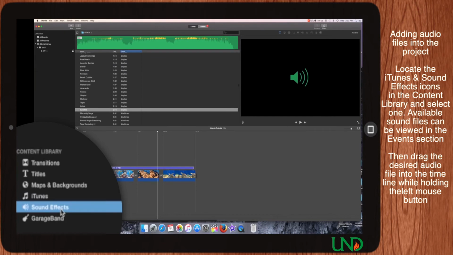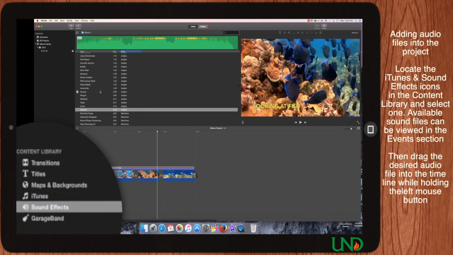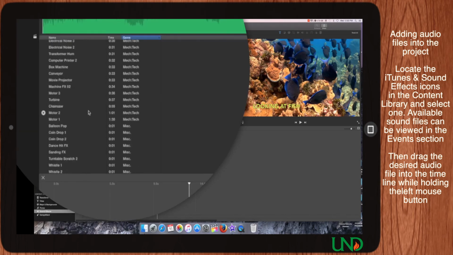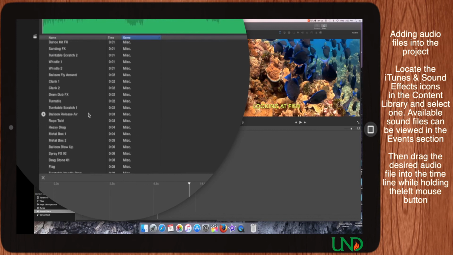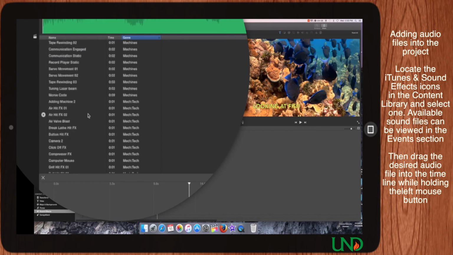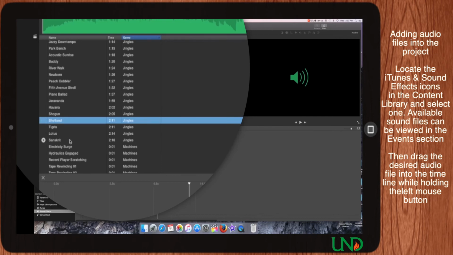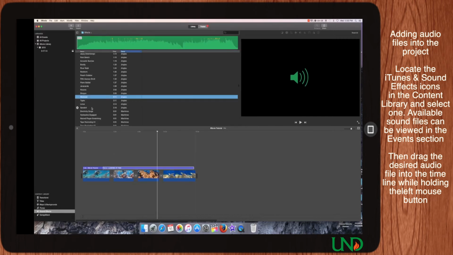Now go back to the content library and select the sound effects option. iMovie comes equipped with thousands of sound effects and music you can use in your project. You can preview each one by clicking on the play icon located to the left of the sound file. After you have selected a sound file, simply hold the left mouse button and drag it into the timeline underneath